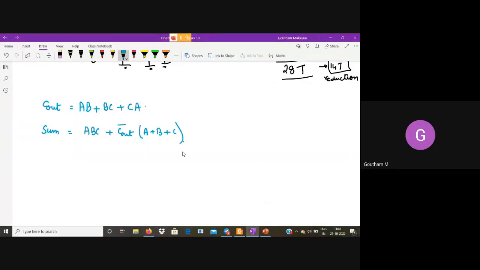Right. Now, what is Cout bar? Do you agree with that? Using De Morgan's law, what will this become?